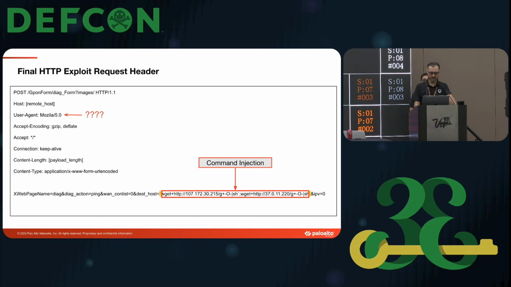So in the next slide, I created the final HTTP exploit request header. But still, something is interesting here. You see the user agent is Mozilla. Mozilla is not WL, so it's kind of odd here, but even though it is going to be used for detection purposes. But also the command injection, as I explained, so this is the URL decoded version, so it's pretty much the